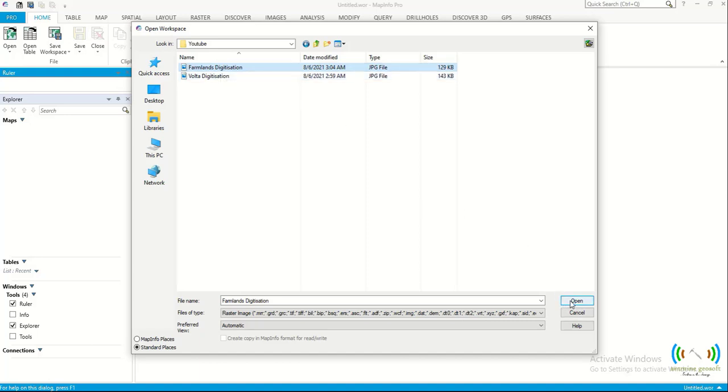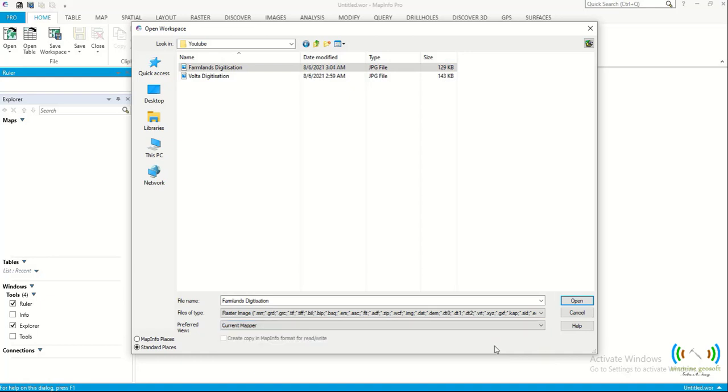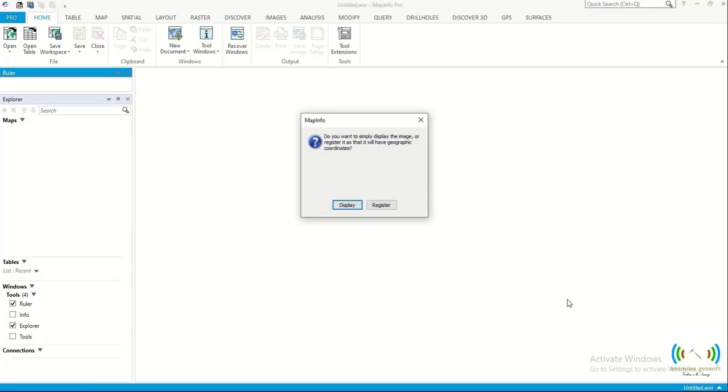I will click current mapper, because I clicked a blank workspace, and so this is the blank workspace that has been opened. And so if I'm opening this farmland digitization, I must open it in this blank workspace that has been opened. And so I click on current mapper and I click open. It will ask me, do you want to simply display the image or register it so that it will have geographic coordinates? I want to register it,